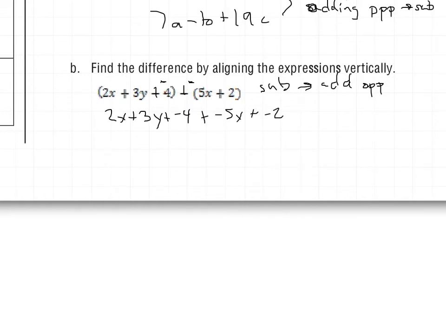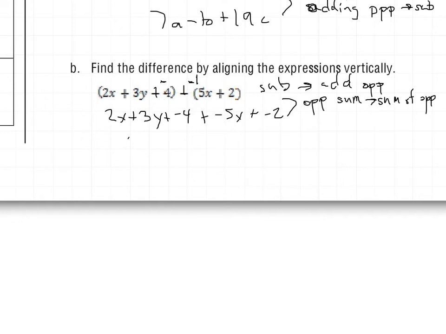Again, we could think about that if we wanted to as a distribution of a multiplication of negative 1. But realistically, we're justifying this as opposite of sum is the sum of opposites. Now if I wanted to, again, because of any order, any grouping, I could think about this vertically aligned if I wanted to,